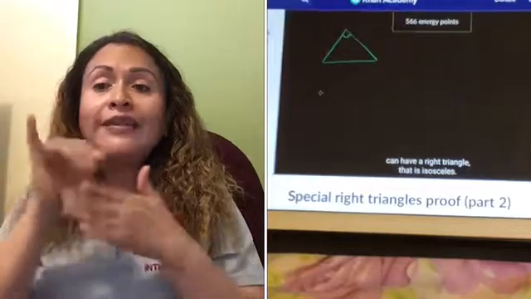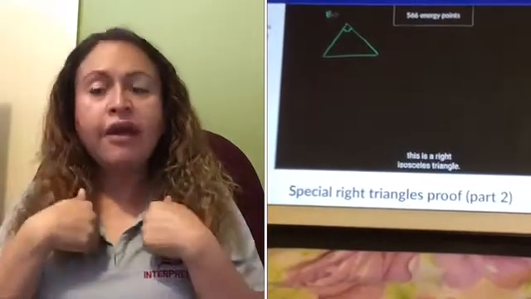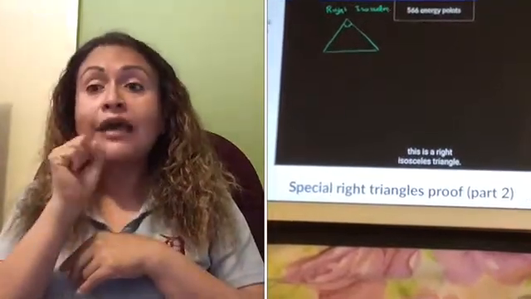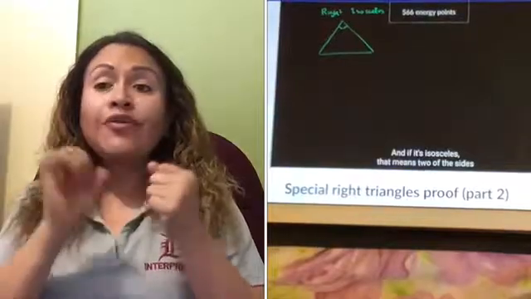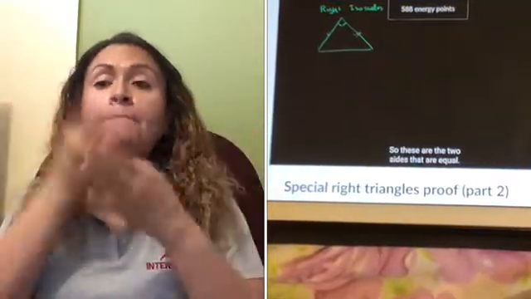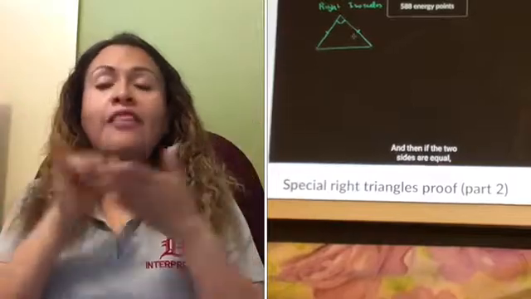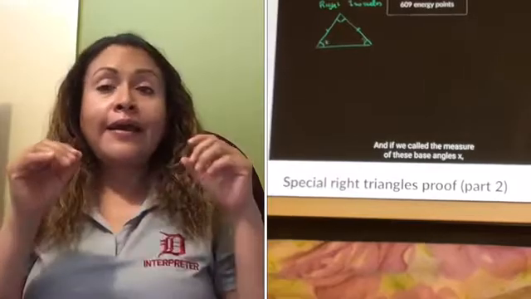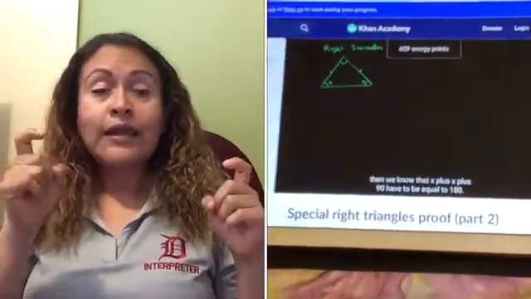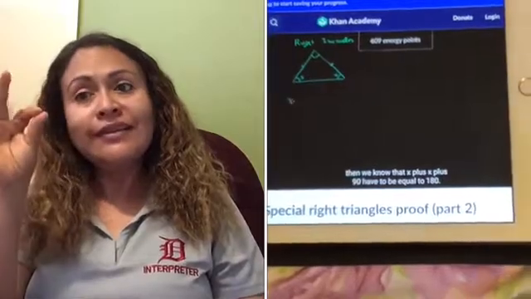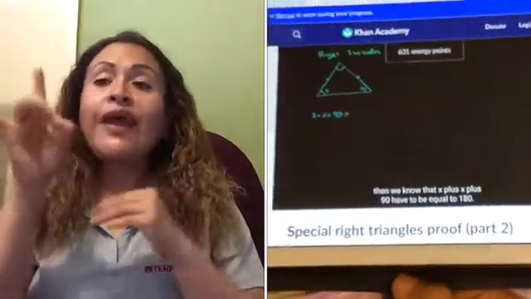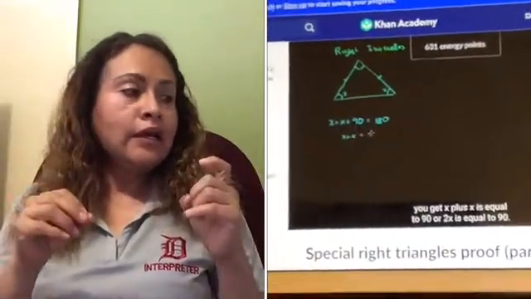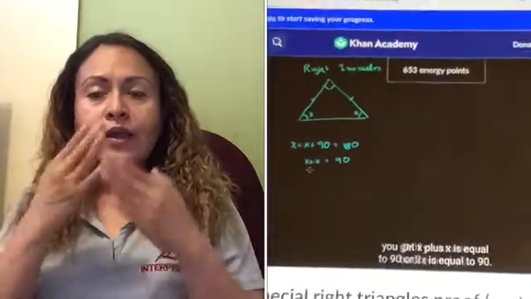And isosceles, let me write this, this is a right isosceles triangle. And if it's isosceles, that means 2 of the sides are equal, so these are the 2 sides that are equal. And then if the 2 sides are equal, we have proved to ourselves that the base angles are equal. And if we call the measure of these base angles x, then we know that x plus x plus 90 has to be equal to 180. Or if we subtract 90 from both sides, you get x plus x is equal to 90, or 2x is equal to 90. Or if you divide both sides by 2, you get x is equal to